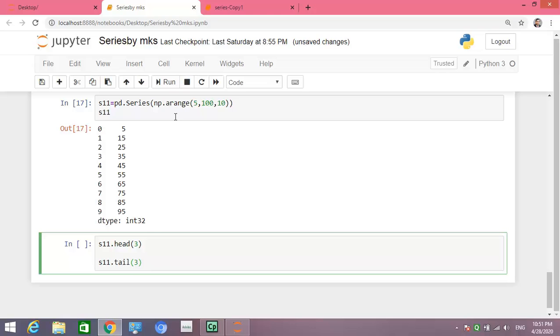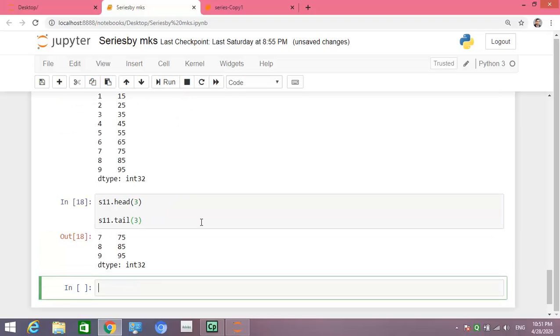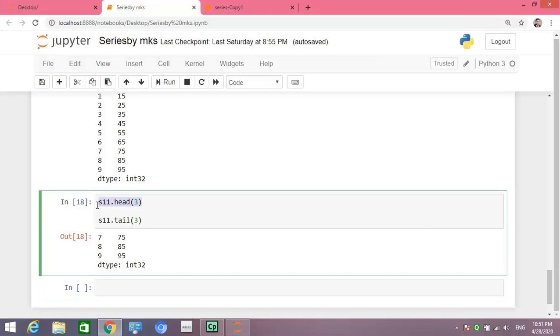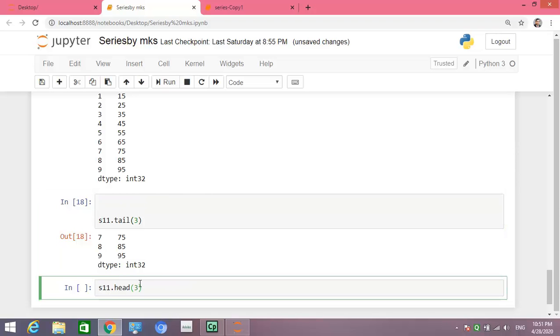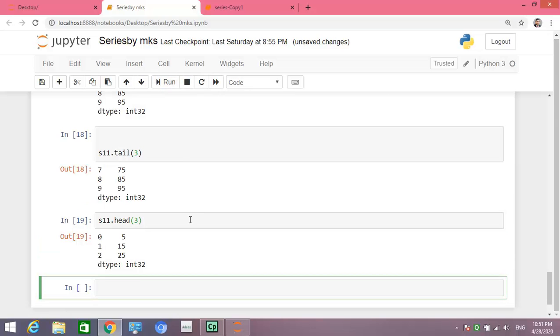So run and see the output. The 3 from the bottom side has come and the 3 from the top has not come, so we will write separately here and run. So it has come, 3 from the top side. So head and tail are used to filter elements from the top or bottom.